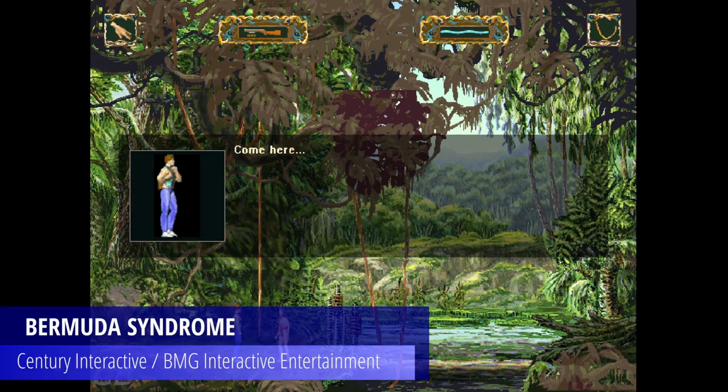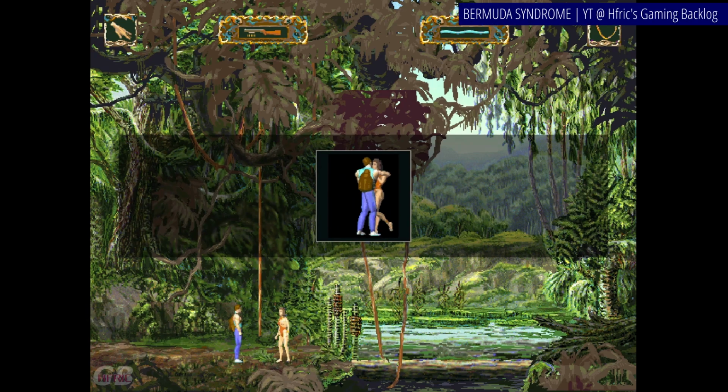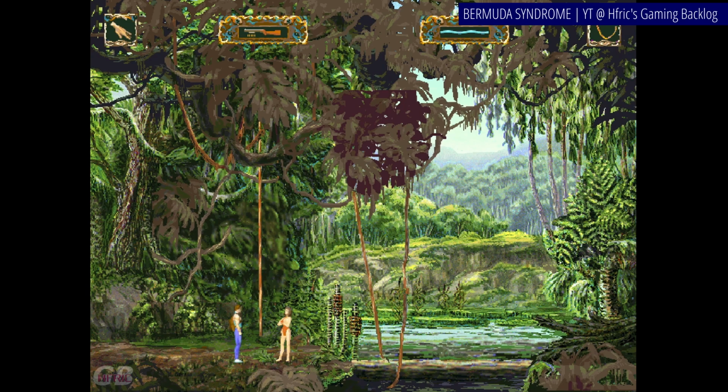Bermuda Syndrome is a side-view action platformer with adventure elements, very similar to cult classic Flashback, but with beautiful high-resolution presentation and no rotoscoping in the animations whatsoever. I mean, the animations are not bad, just not really lifelike as they were in the earlier classic, and end up